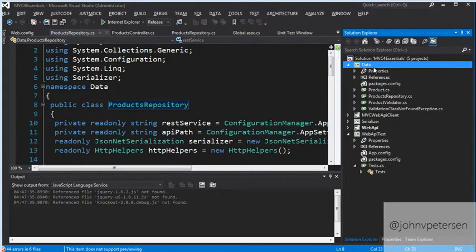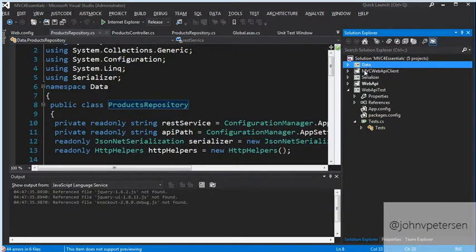So I've been slowly but surely refactoring these things out, so this could be consumed by anything. This is basically the abstraction over the Web API. So the MVC client interacts with this, which ultimately interacts with the Web API. Eventually, the tester will interact with this as well.